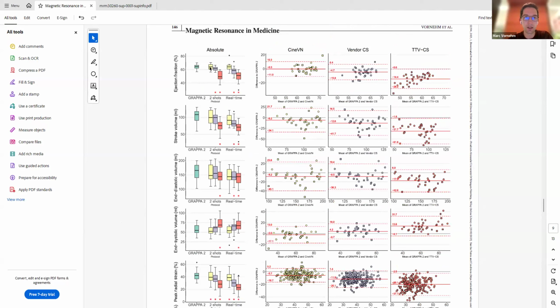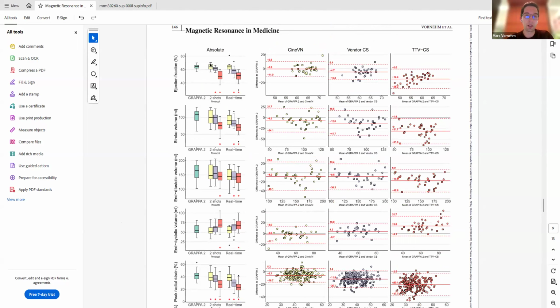Yellow is our deep learning reconstruction. Blue is a vendor compressed sensing reconstruction, and red is a temporal total variation compressed sensing reconstruction. And what you see is that in compressed sensing, metrics like the ejection fraction and also other metrics are underestimated.